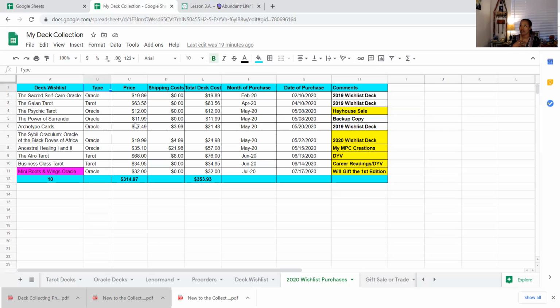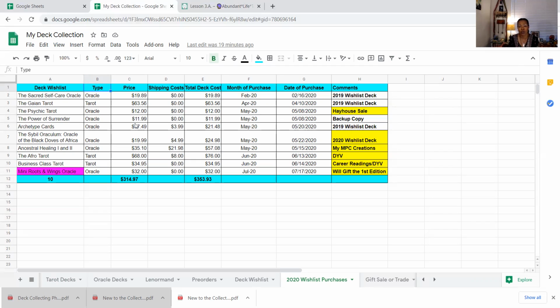Like I said, and I'm beating a dead horse, we talk so much to our new collectors, our new deck collectors, and our new readers about, I think we give conflicting information, to be honest. I think the seasoned community sometimes gives conflicting information, but I realize why that is, because it's very personal.